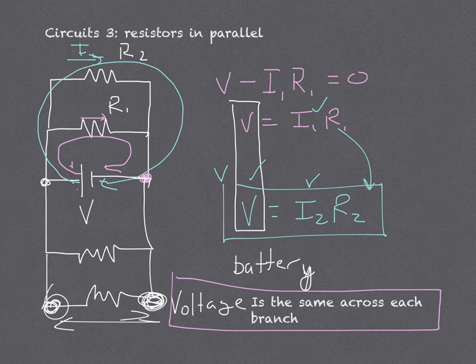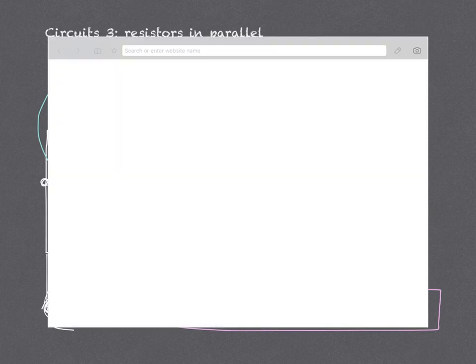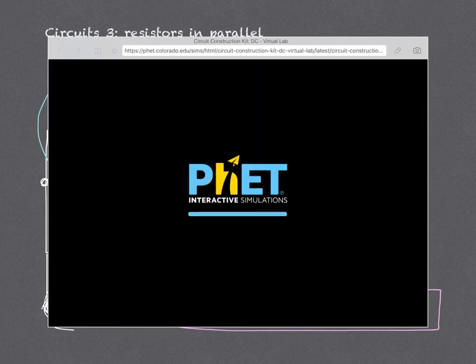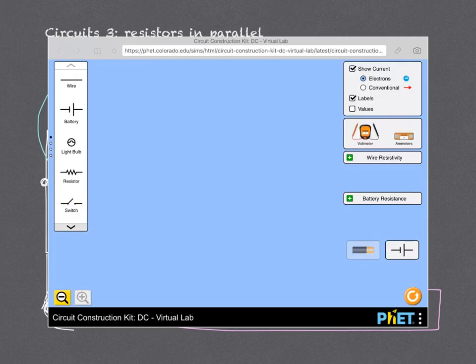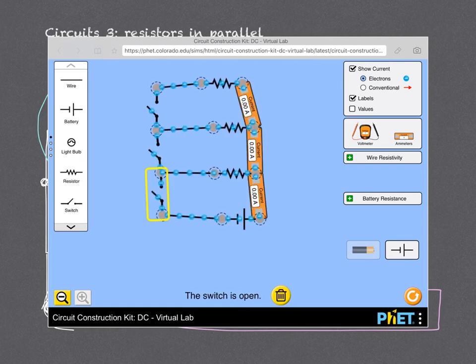All right, so let's look at what happens if we build this circuit in our PhET app. Okay, so here you can see in the circuit, if I close it, we just have a 9-volt battery and a 10-ohm resistor. And the current is just the V over the R, so it's 9 over 10, you get the 0.9. Now, if we close this switch on the second branch here,